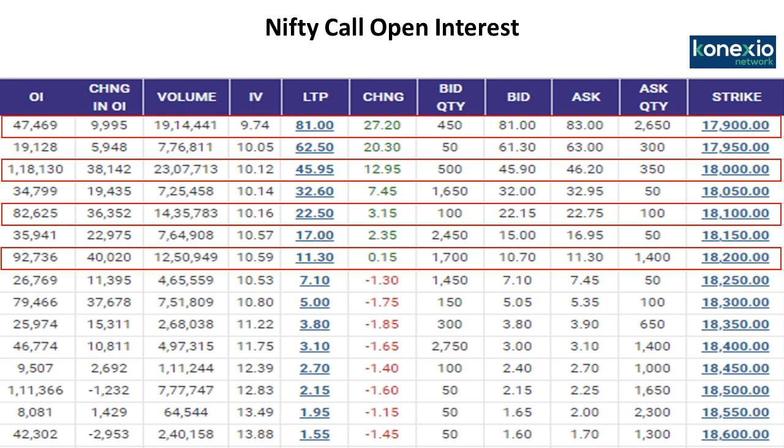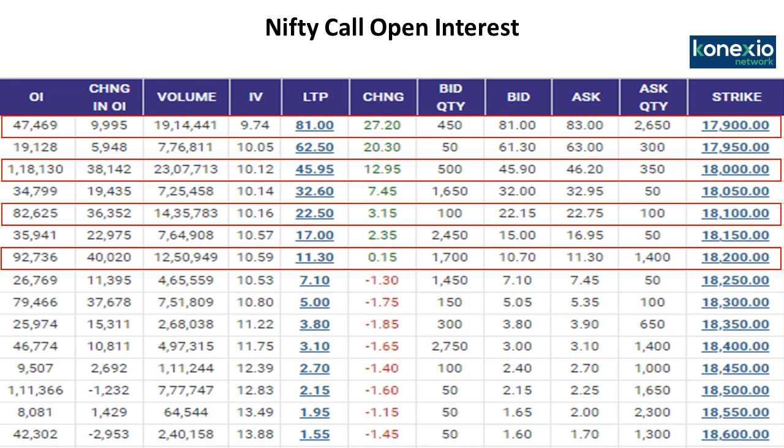Now here you can see there was a rise in the open interest, there is a rise in the volumes, implied volatility is in comfort zone, it is low. Low implied volatility means the market might see a directional trend that is upside from these levels. And again in percentage change also you can see there was slightly positive percentage change in the option premium.